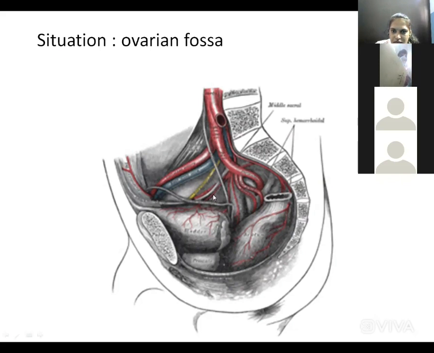All of you have seen this black shadow, the ovarian fossa. Now note here, this is the iliac artery. It is dividing into the external iliac artery and the internal iliac artery. Can you see? Please keep responding so I can proceed. Yes, ma'am. Thank you. So from the internal iliac artery, there is one artery, that is the umbilical artery.